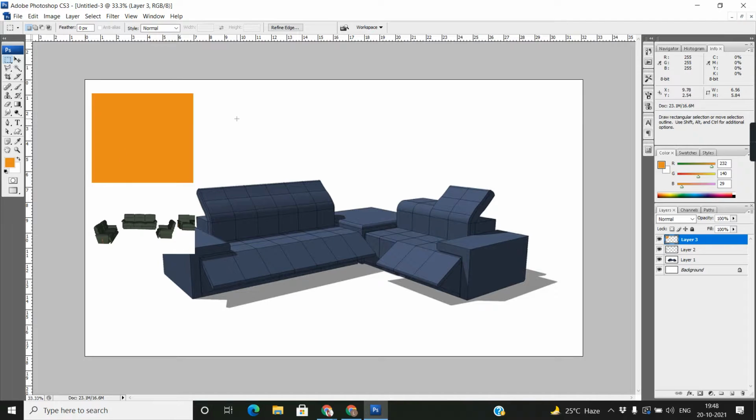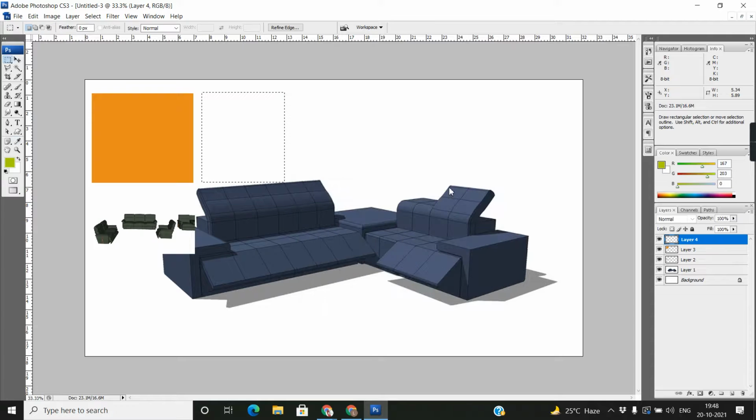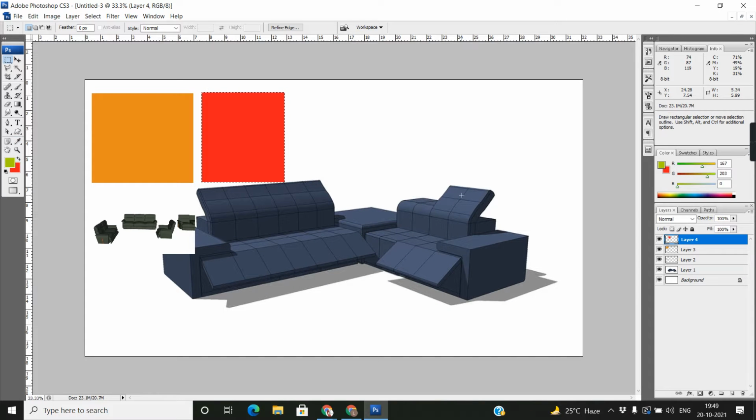Or no, okay, I want to change the color. Select another and make a new layer again. Click whatever color you want. You can select this color. Again, I am in the foreground color, Alt Backspace. Or if I want the background, there is another color. You can select the background and press Control Backspace.